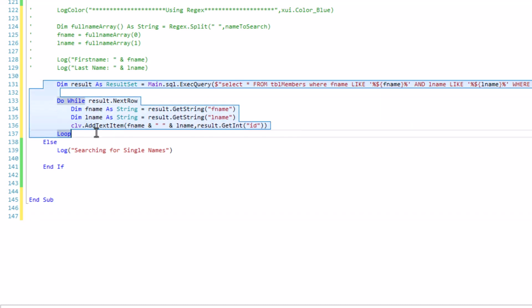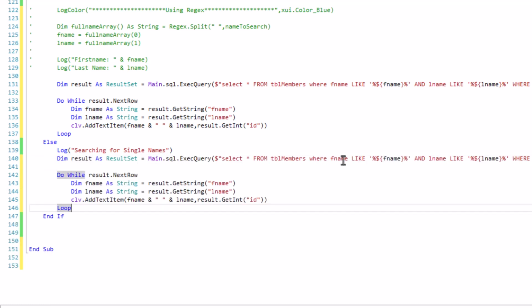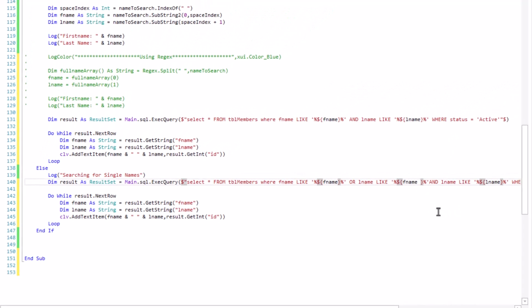So with that one, we'll have to do where first name like first name, or I think last name like last name. We will assume they are all first names.